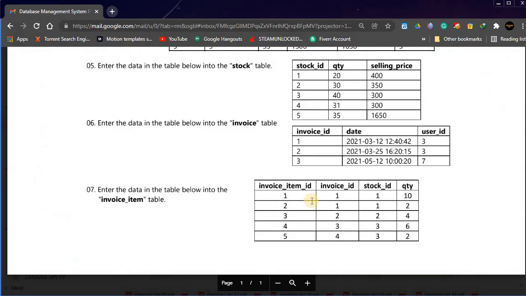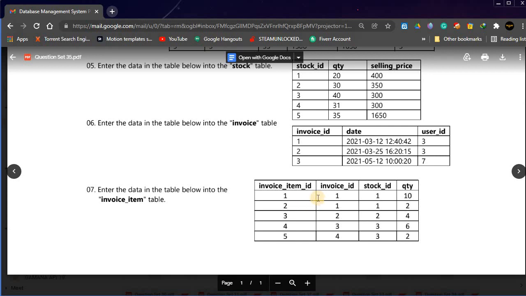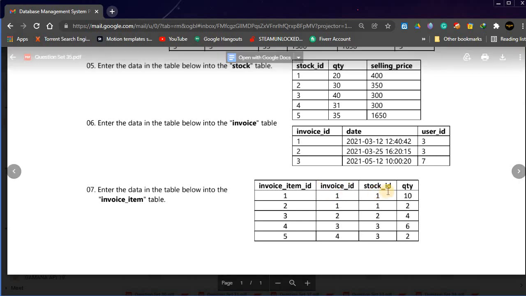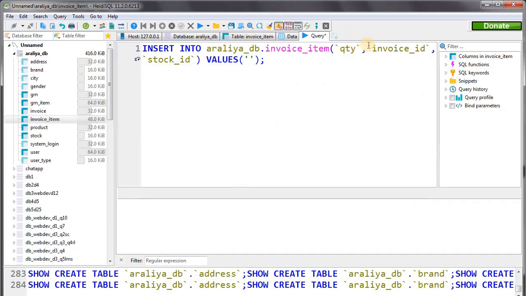First one, invoice ID 1, stock ID and quantity. We have to change the structure of our query. Invoice ID first, stock ID, then quantity. Okay, invoice ID first and then stock ID, and after that quantity.